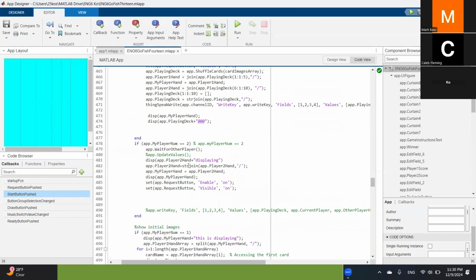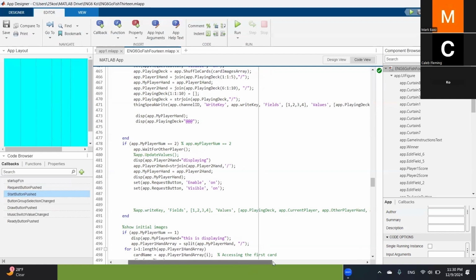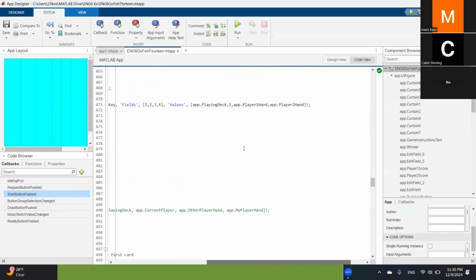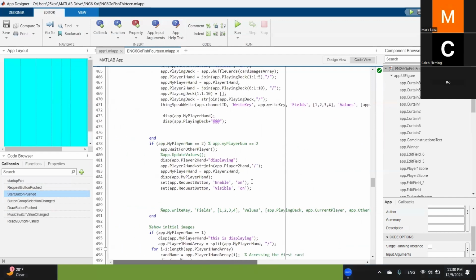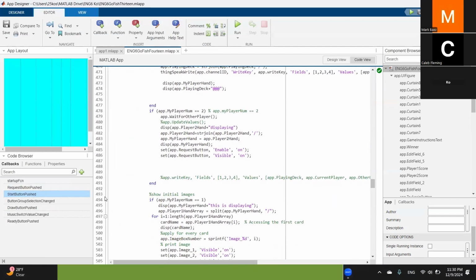And that's all uploaded into ThinkSpeak, where ThinkSpeak has a category for the playing deck that's remaining after card assignment, player one deck, player two deck, which is each five cards, and then the current player, right? And so player one runs first. He gets his turn, right? He gets to do either requesting a card, or he gets to draw a card depending on the outcomes,